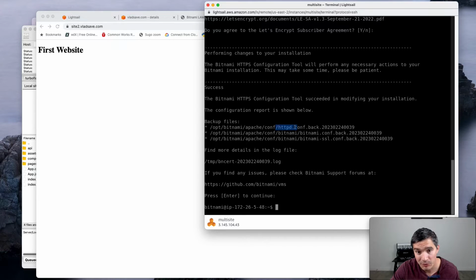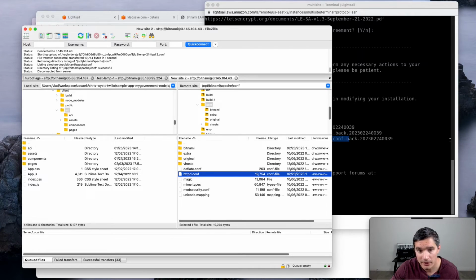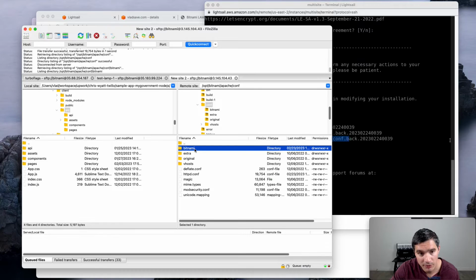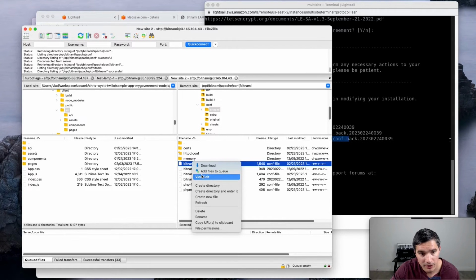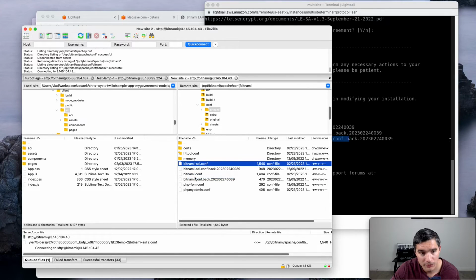It says the httpd.conf was reconfigured, then inside conf, and then in bitnami, there's a bitnami-ssl.conf. So we will take a look at these files in FileZilla. If we go to bitnami, and then look in bitnami-ssl.conf, if we do a view/edit,